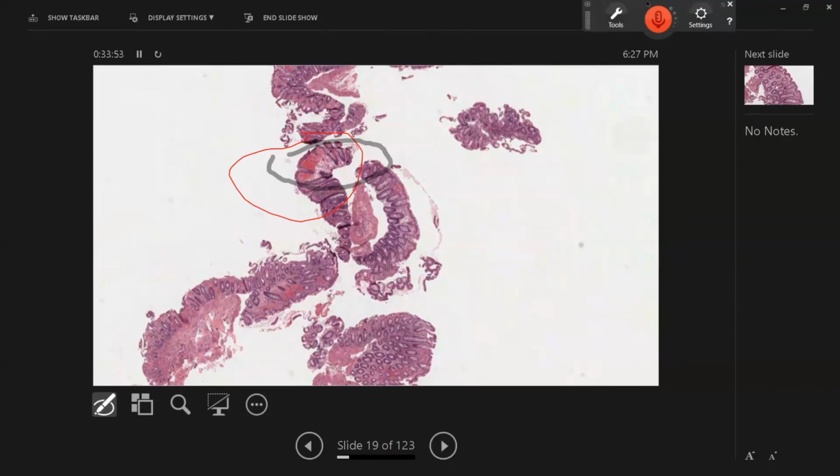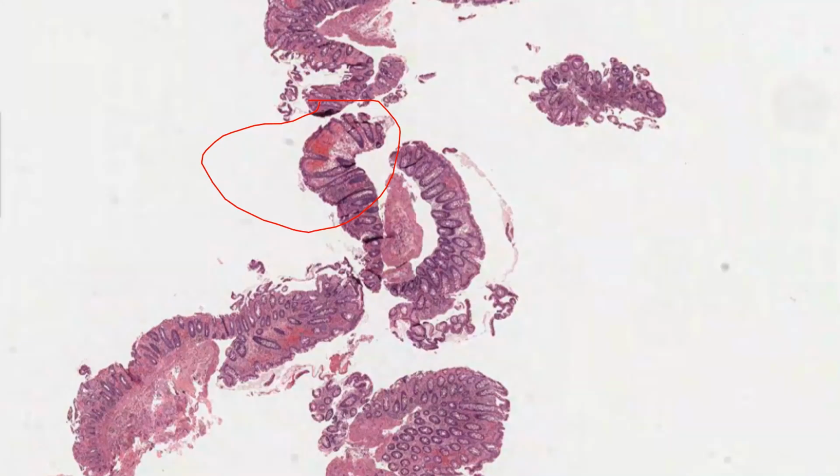Let me try to see what's wrong. One second. Can you see big or small now? Okay, good, right.